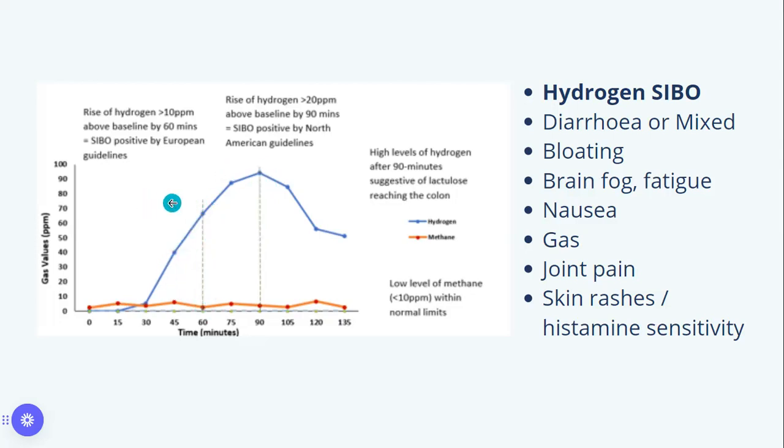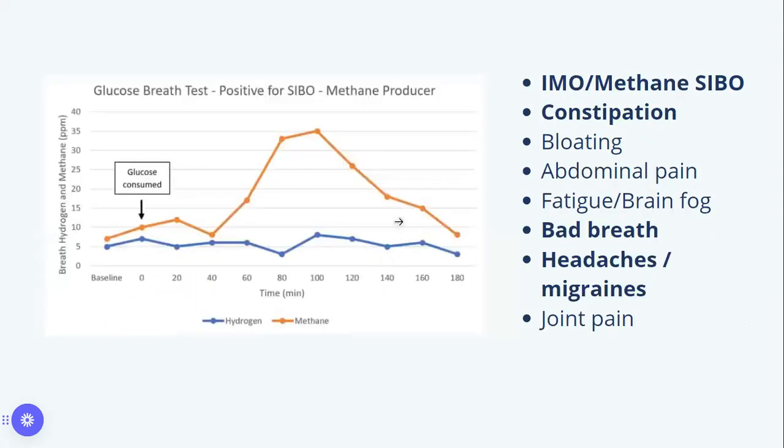But we will look at the SIBO test for both, because sometimes it doesn't rise within the 60 minutes, but will rise within the 90, and that's still indicating hydrogen SIBO. Sometimes it's not as dramatic as this. And the other line, the orange line here, is methane. So I'm going to just talk you through what a methane